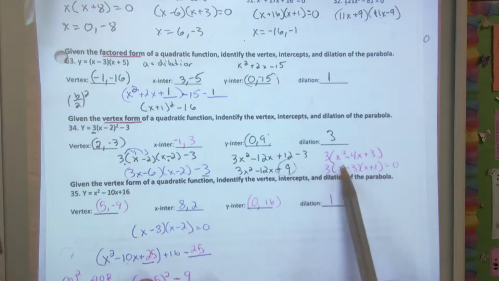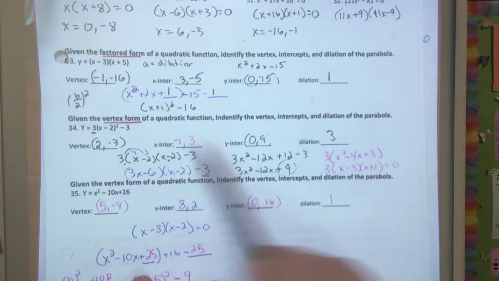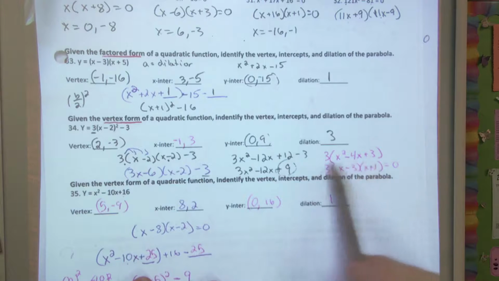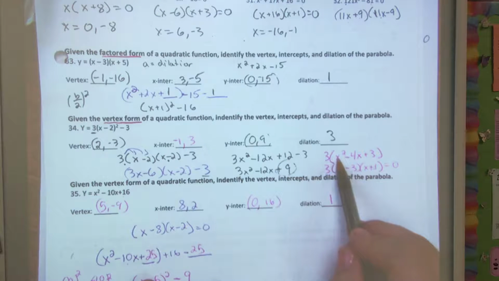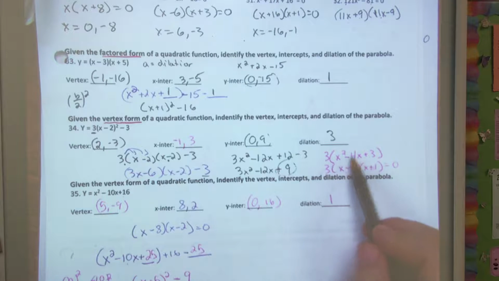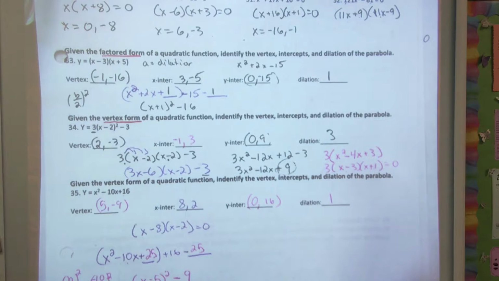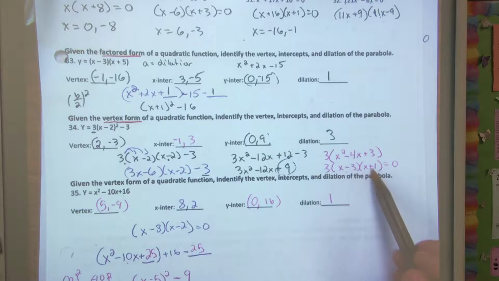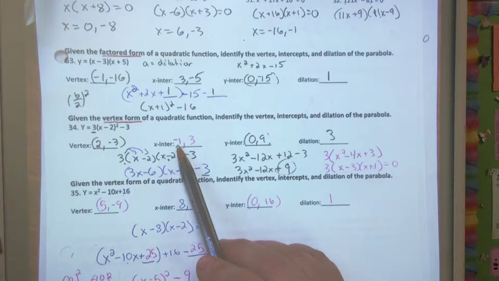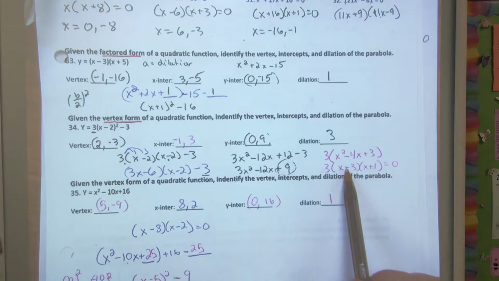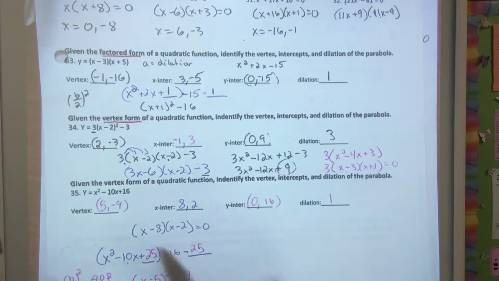And then last, to be able to figure out the x-intercepts, I factored back out the 3, and by doing that, I was able to factor x squared minus 4x plus 3 into x minus 3, x minus 1, and from here I was able to get my x-intercepts, 1 and 3. And then for the last one, given